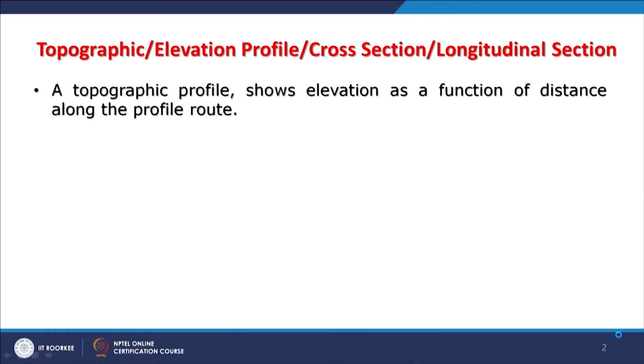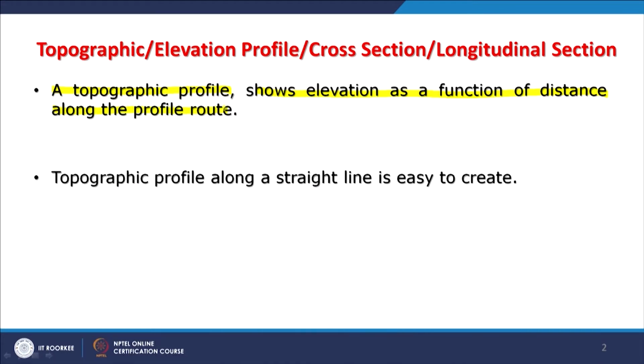Because different software and different literature and books use different terminology, I have put all four terminologies. One is topographic profile, elevation profile, cross section or longitudinal section. That means basically the same thing, picking the elevation values along a line and creating a 2D plot or 2D profile. A topographic profile, if we want to define it, basically shows elevation as a function of distance along the